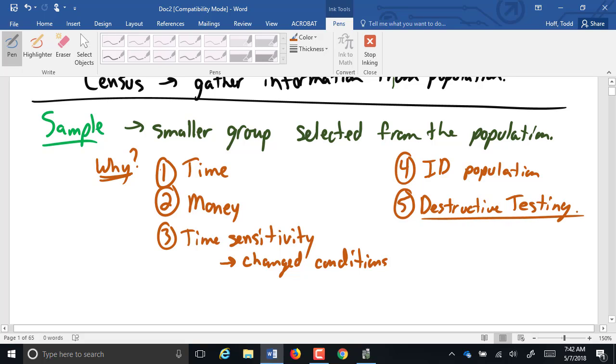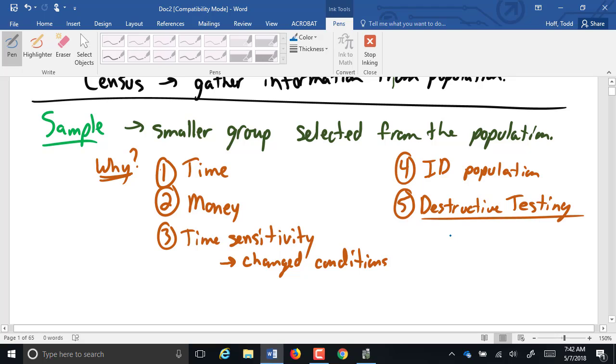Destructive testing is another possible reason. Again, not every test is destructive, but in quality control, oftentimes it is. You might have a part that needs to hold a certain amount of force, so you'll take a part off the line, you'll put it in a machine that applies force to it. Well, you want to go into the safety margin. Normally what they do is rather than applying force to that part and see if it holds and throwing it back in the bin, they'll actually apply force to it until it breaks. And they'll see what amount of force it held.